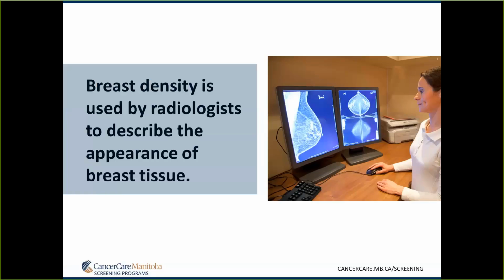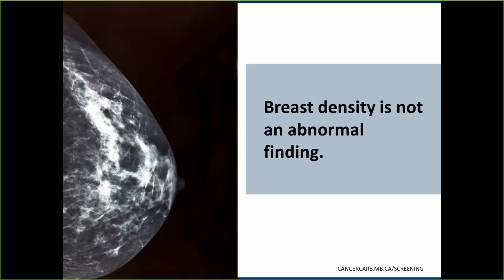So again, you've heard this from Dr. Wilson, but breast density is a term used by radiologists to describe the imaging appearance of breast tissue. It's not a term in this context that has anything to do with the way the breast feels on palpation. There isn't a very good correlation between those two. So the patient comes in telling you that she's got dense breasts. Make sure you clarify what the profession intends by the use of that term.